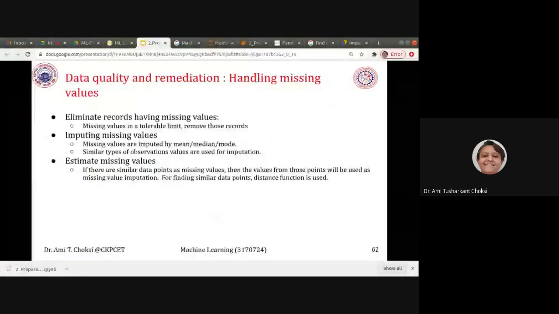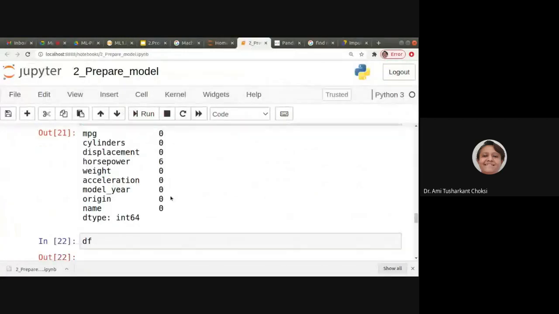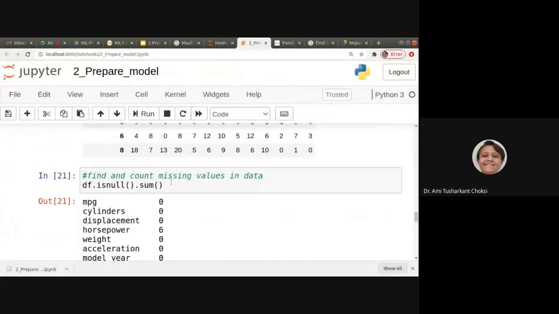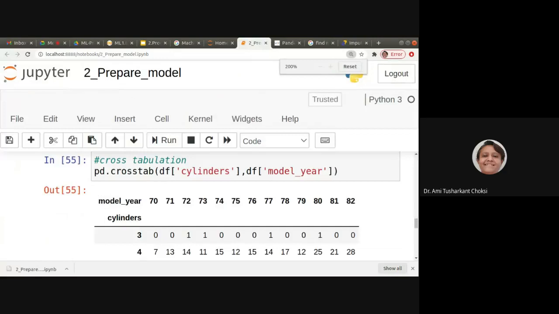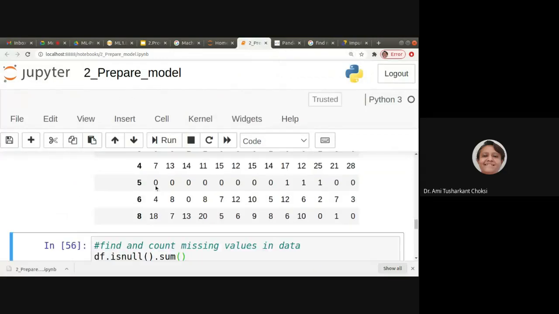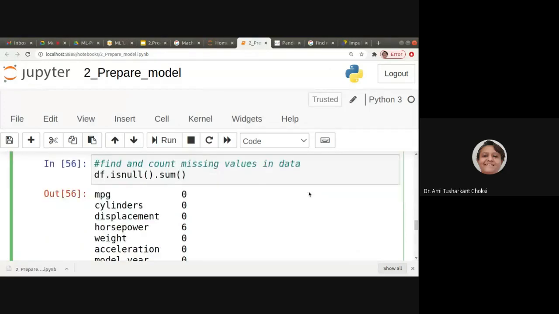So let us see one program for this. So how to find the missing values? Cross tabulation we have already seen, right? So what we want is, we want to find the missing values in the data. So how we can find that?